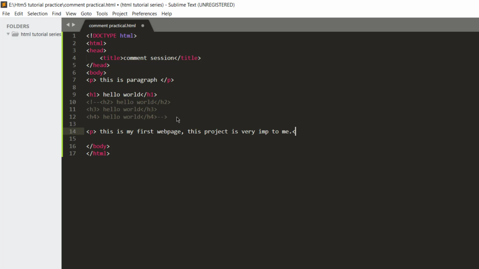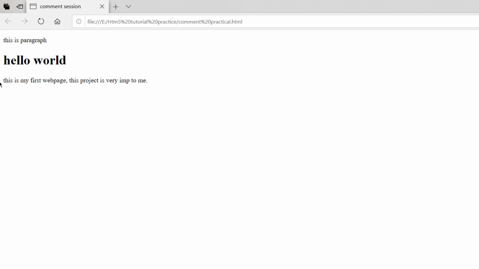I'm just going to close it, and it's going to be showing. So this is a paragraph and it's showing, but this paragraph is not relevant to my website, and I want that the user doesn't see this paragraph. This is extra information that I put on my web page.